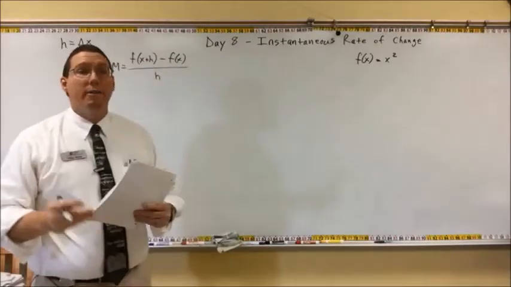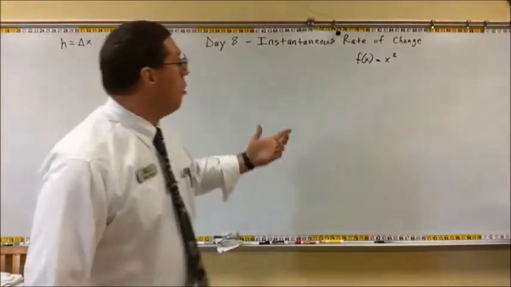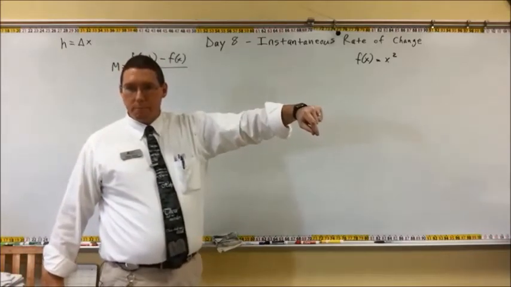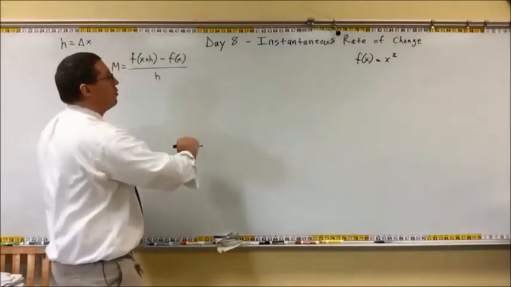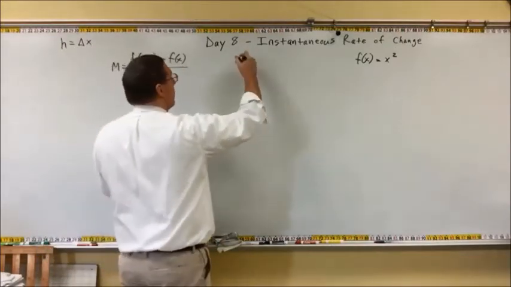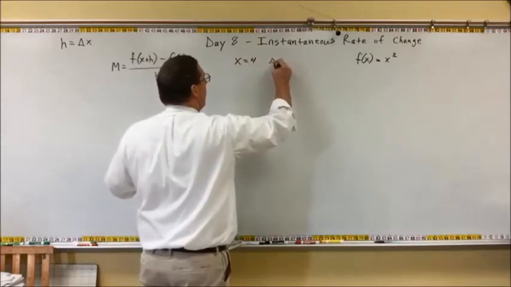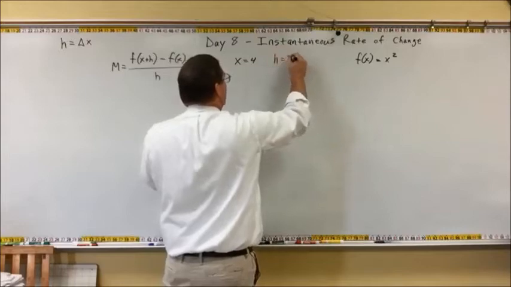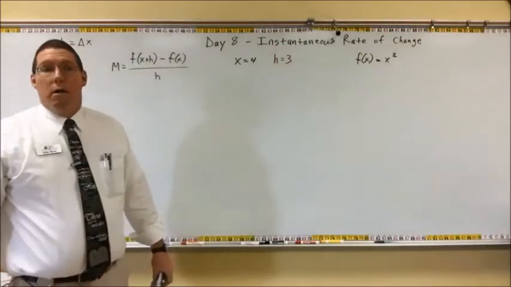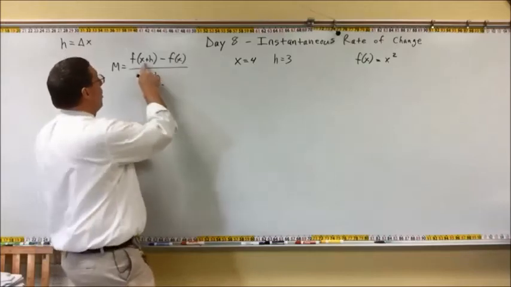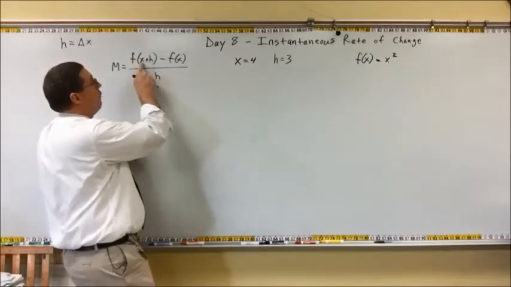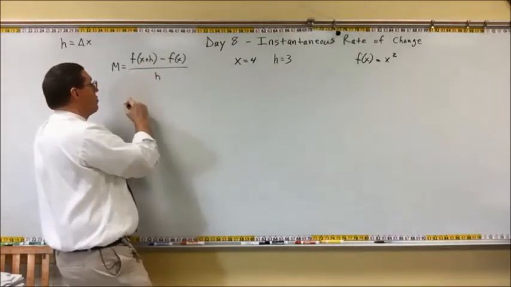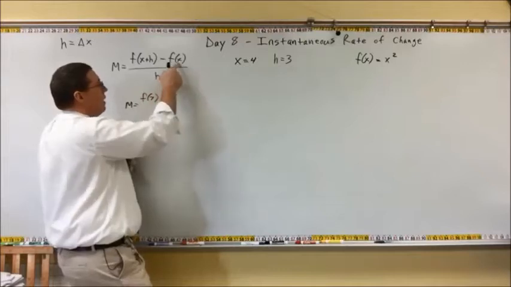So now I don't have to say what is the slope, what is the average rate of change of x squared from 4 to 7. I can say, what is the average rate of change of f of x, where x is equal to 4, and where delta x, which I would say h, and where h is equal to 3. And now we just plug in. So what would I put here? 4 plus 3 is 7, right? So the slope would be f of 7 minus f of